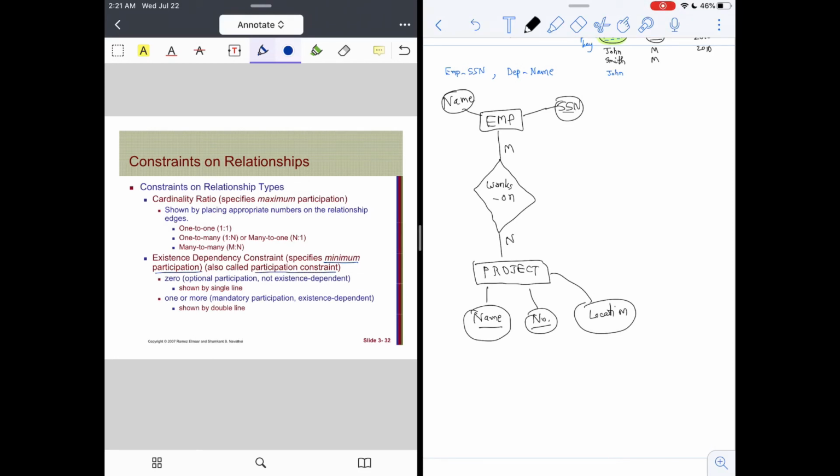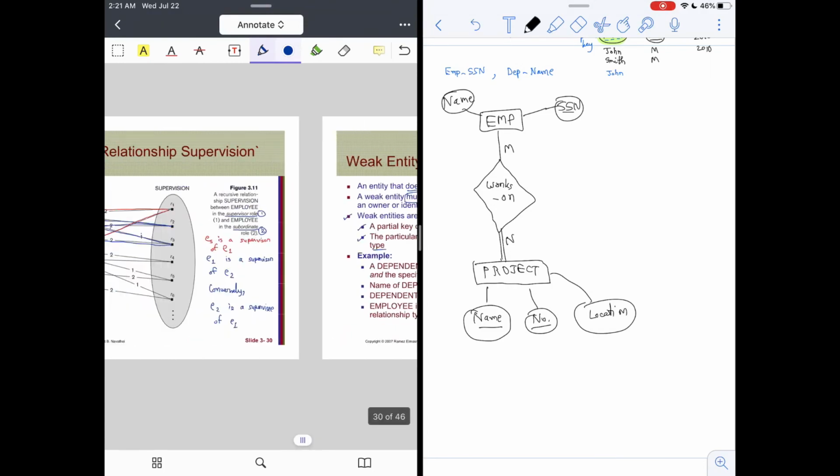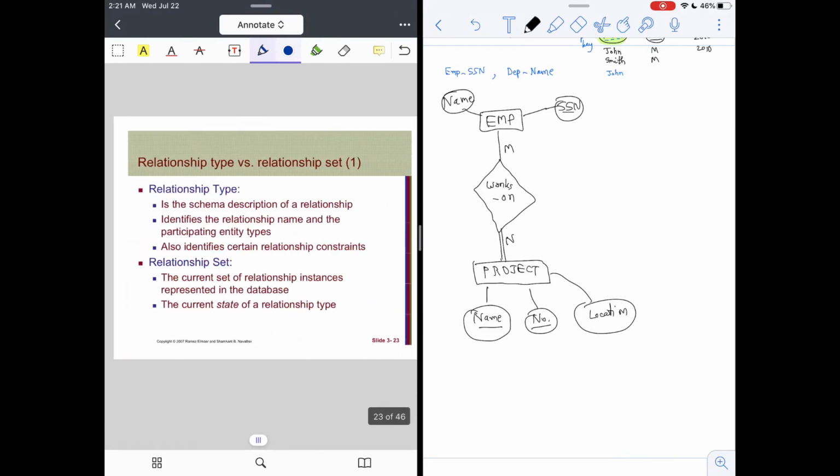So now the question is that, can an employee exist without working on a project, and can a project exist without having any employees? So by just common sense, you should be able to say that you cannot have a project without any employee working on it. So a project must always have employees working on it, right? So from common sense, we can say that it is mandatory participation for the project entity. So therefore, I'm showing it by a double line. Okay, so now again,